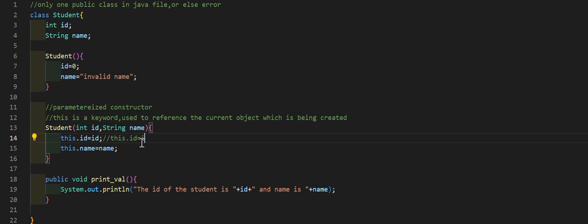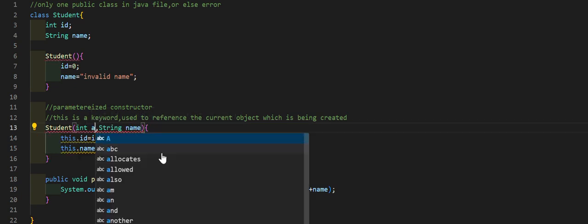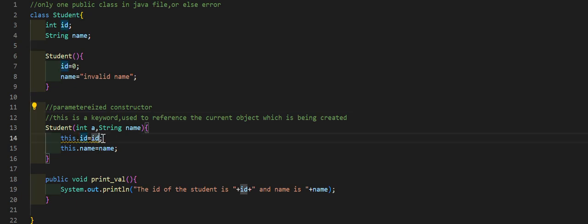But in case, instead of the id variable, I would have written here a, now even if I remove this from here, there is no confusion. Right now I haven't written this here, but it is pretty much clear that in the data member id I am trying to put the value of a, int a, which I will be passing into this constructor. So there is no confusion.